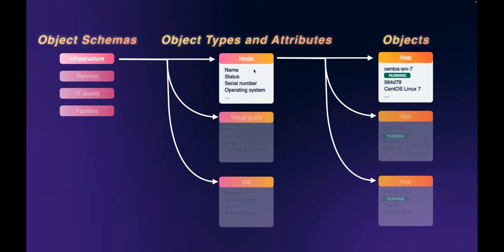So we have object schemas that you can think of as separate asset repositories or configuration management databases that can be linked to each other. And these help our users break their data into more logical, manageable chunks to keep the data updated and secure. Then we have object types, which define the objects that you want to store. Each of these has a set of attributes that defines what that object is. Some examples: hosts, cloud instances, monitors, and anything that you'd like. And then we have the objects themselves, where you can apply all of those attributes and relationships.